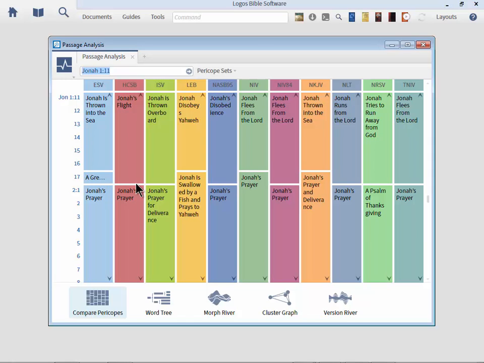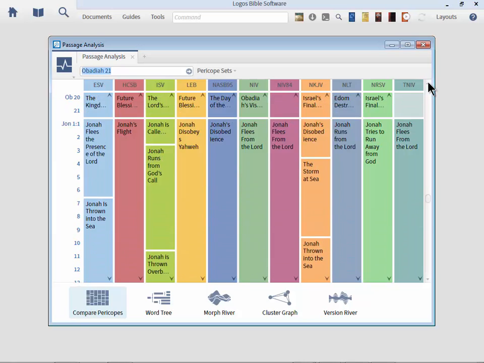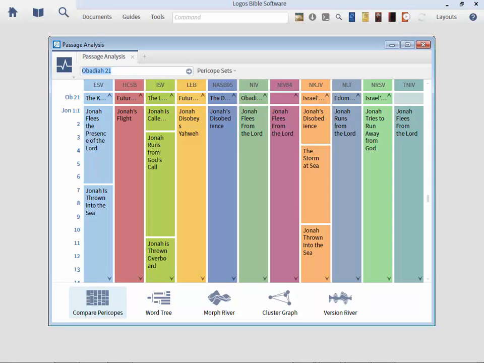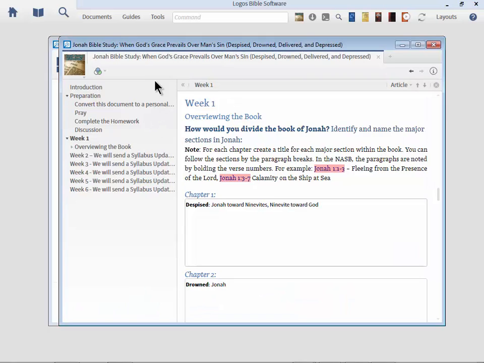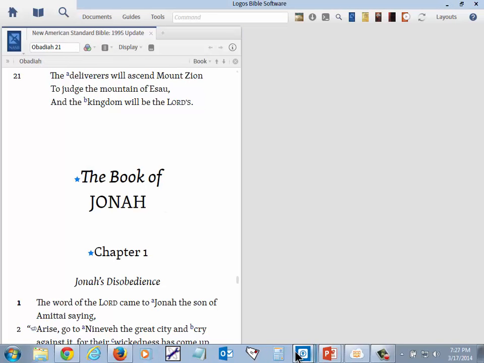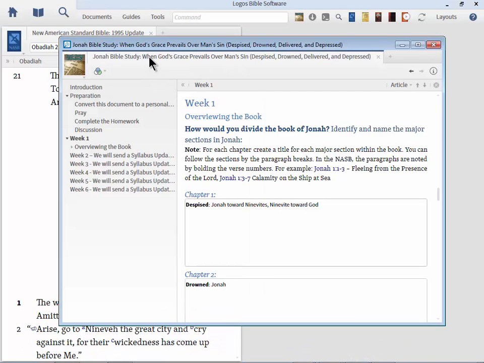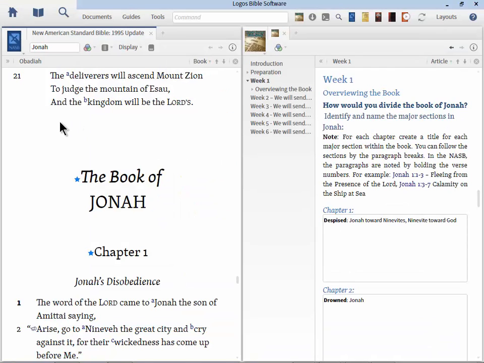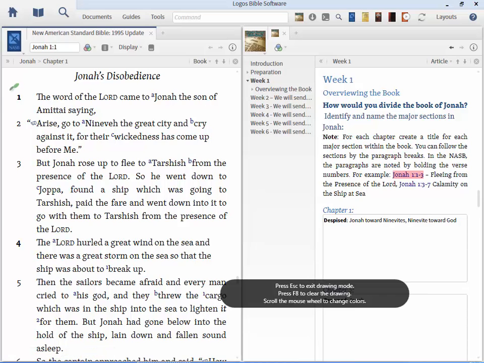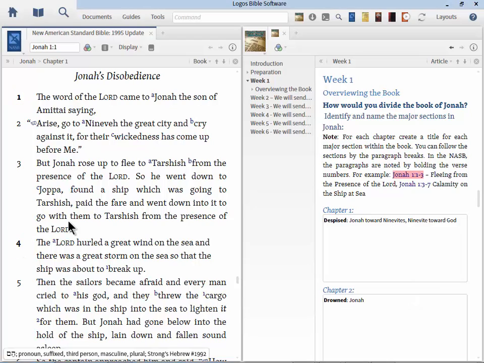Now, what do you do now that you've identified the chapter divisions? What we want to do in the box is look at the divisions within the chapter and write down a word or phrase that summarizes the particular section. So let me demonstrate. All right, so I'm going to open up the New American Standard Bible, and I'm going to park it over here to the left, and I'm going to park my Jonah Bible study so you can see it side by side. And I like using the New American Standard for this because it has already gone ahead and identified the paragraph titles, the paragraph sections. Now, this is based off of